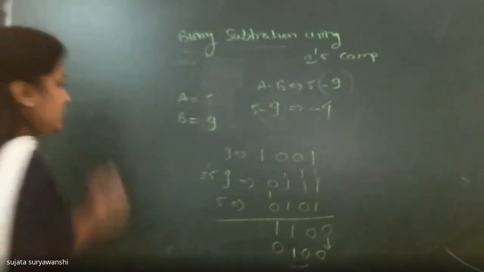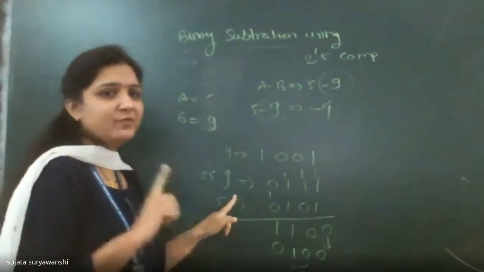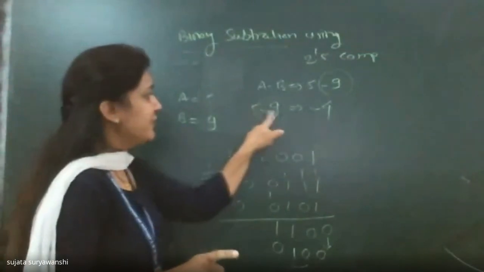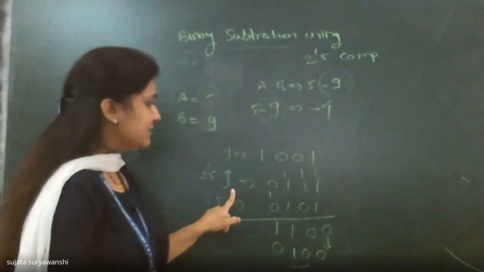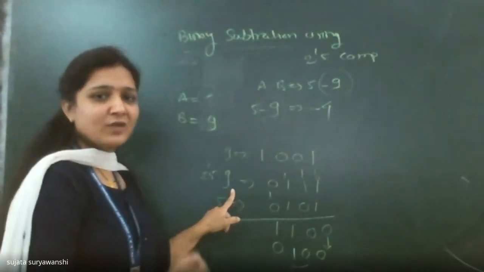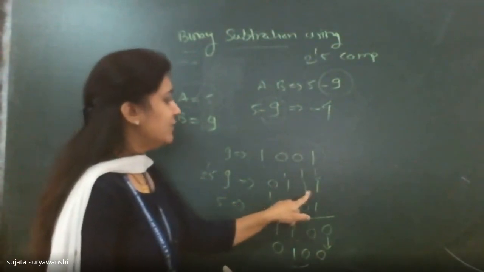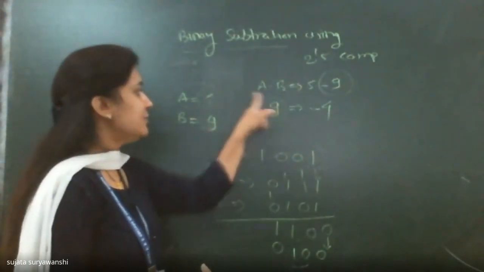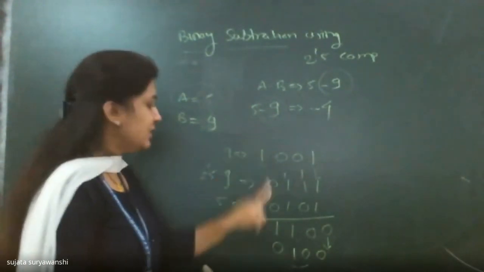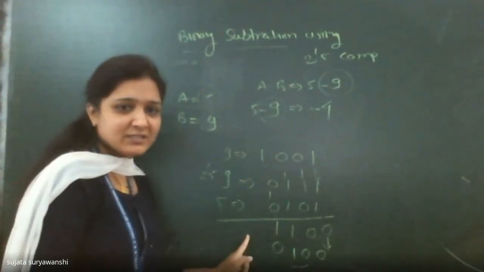Okay. So here to perform this 5 minus 9, I have to find out the 2's complement of 9, not 5. As 5 minus 9, I have to perform. So find out the negative number of 9, that is minus 9. To get minus 9, we have to perform the 2's complement of 9 here. So this is 0, 1, 1, 1, the 2's complement of 9. After getting the 2's complement of 9, we have to simply add 5. The magnitude of 5 is 0, 1, 0, 1. Use simple arithmetic rules to get your answer.